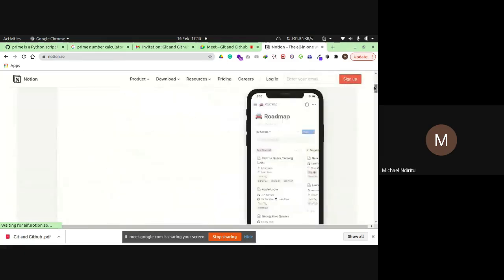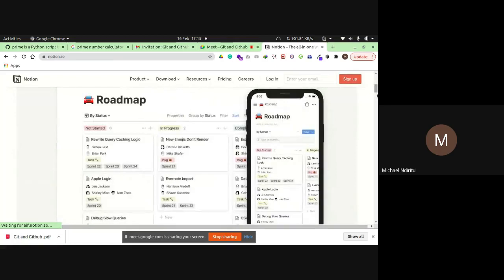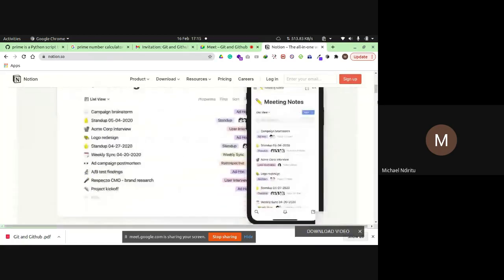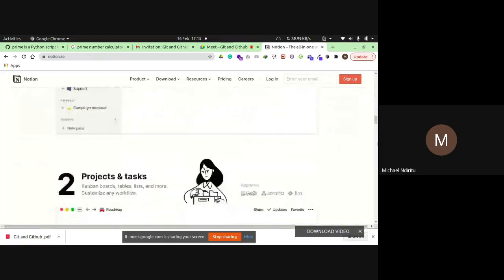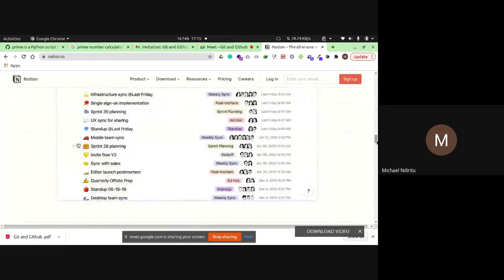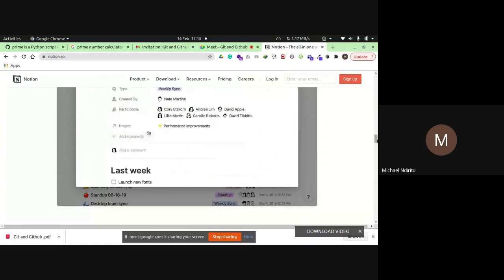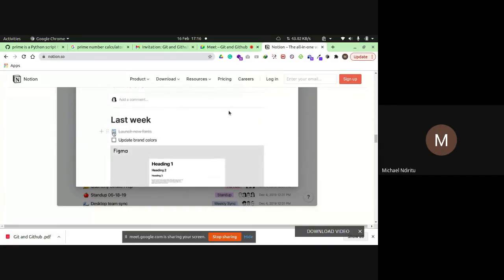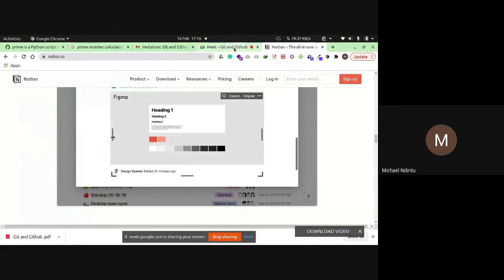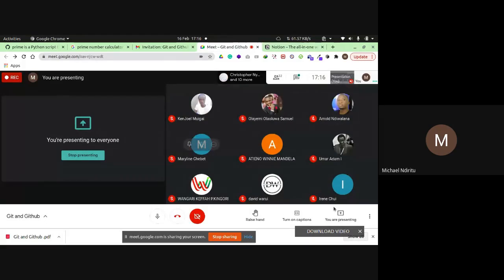This site has some good documentation about Git. Okay, have we all created the folder? Good.